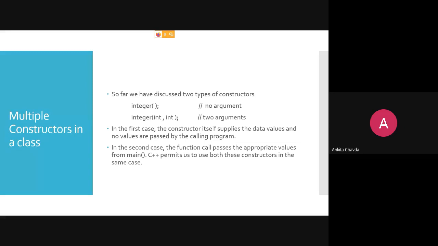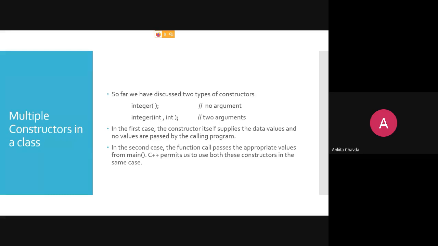In function overloading, the function name is the same, but the parameters are different, either in the number of arguments or the data type of the arguments. In the same way you can have different kinds of constructors, but they cannot be similar, otherwise the compiler will be in doubt about which constructor to call.